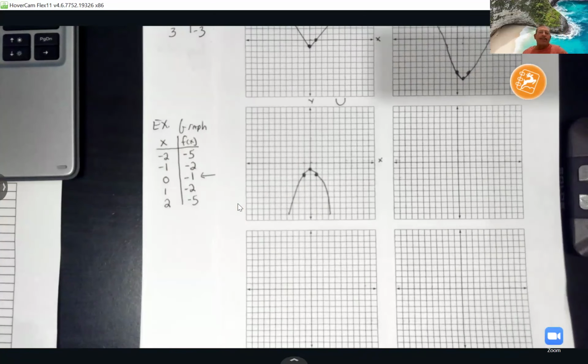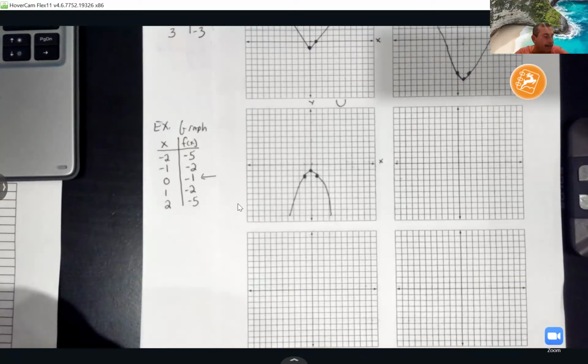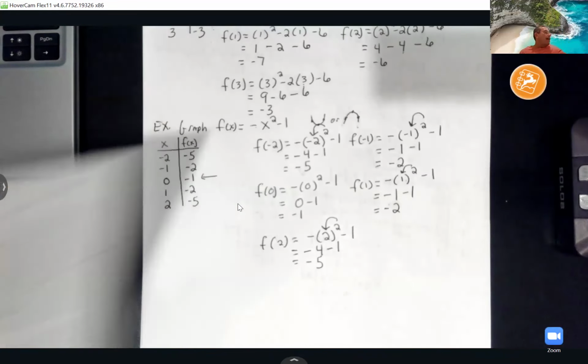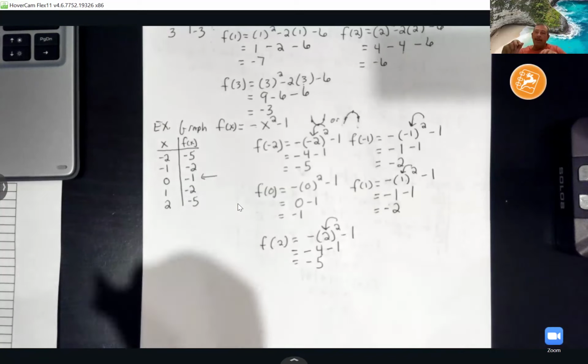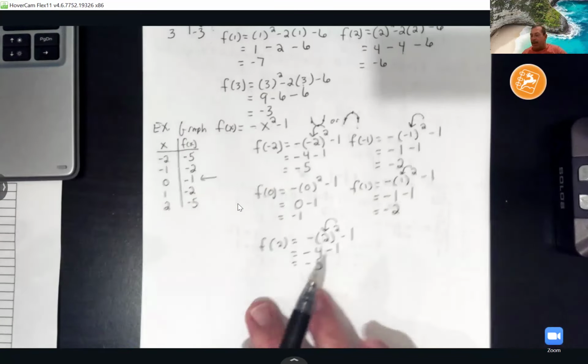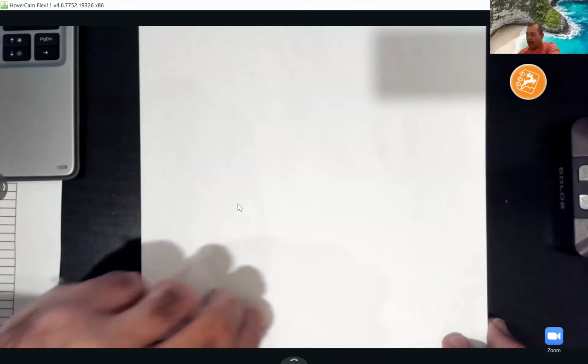So y'all, that's the trick on these. They're going to give you all the x values for you to graph. So figure out all the y values or the f of x values, and then get ready to graph them, okay? All righty, so the last thing for the college algebra part of this, let me turn my paper,